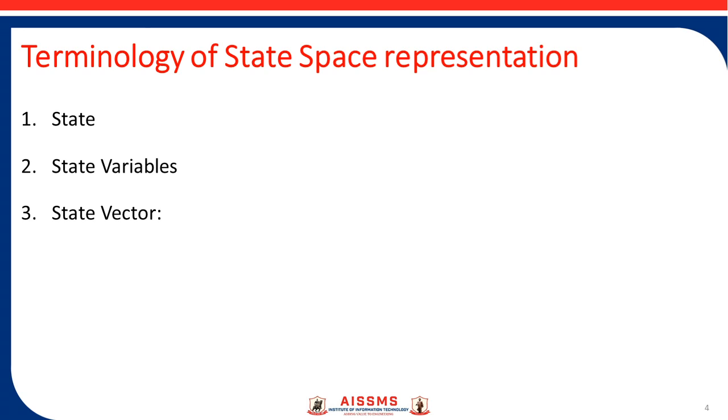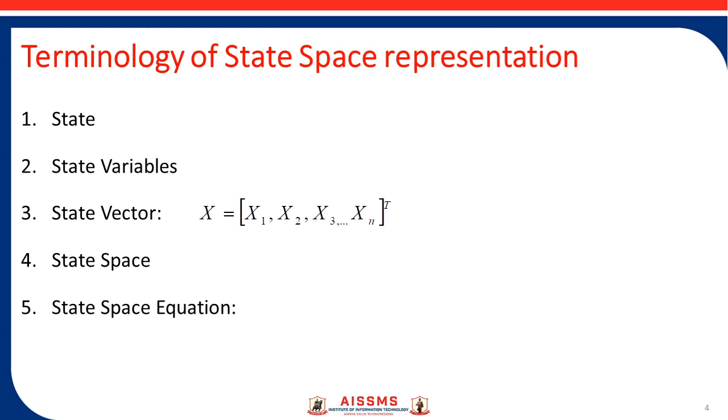Now third one is state vector. It is a vector whose n components are n state variables. It is the n-dimensional column vector and is denoted by x equals x1, x2, x3 up to xn transpose. Now next one is state space. The n-dimensional space whose coordinate axes are the state variables x1, x2, x3 up to xn is called state space. And the last